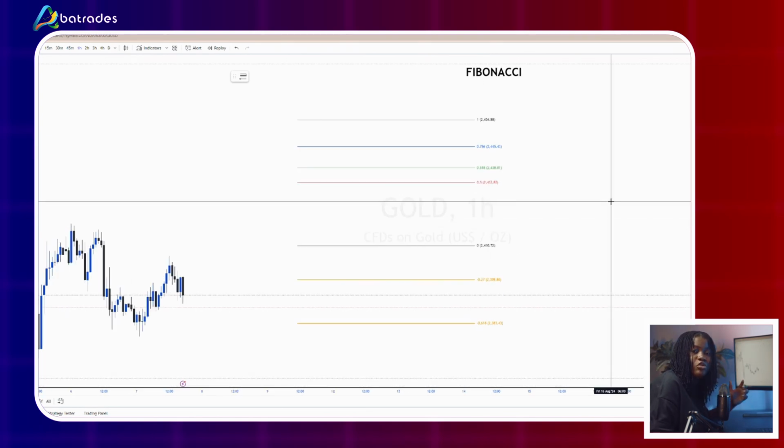I hope you understand. Now, if you want to use the Fibonacci tool correctly, it's better to use it in a trending market. When I say a trending market, either an uptrend market or a downtrend market. So if market is giving you a series of higher highs and higher lows, the Fibonacci tool can help you know where market could potentially retrace to for a new higher low so that you can join the trade to